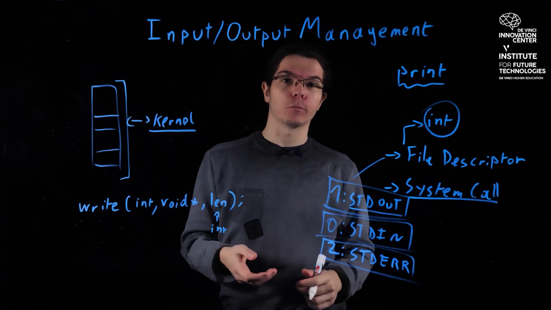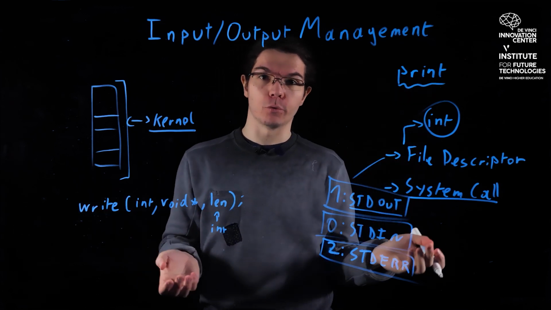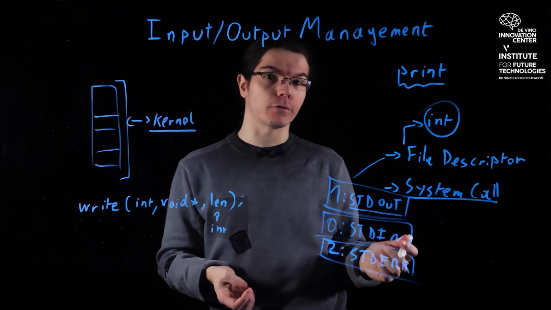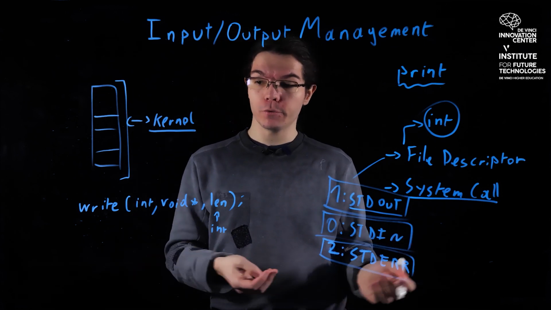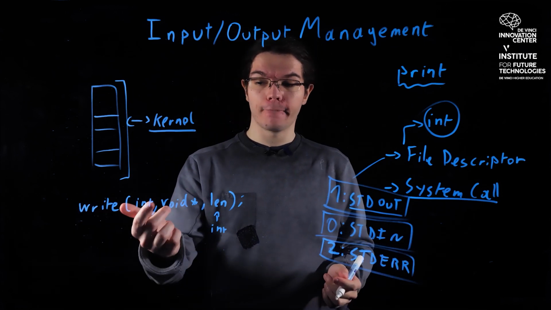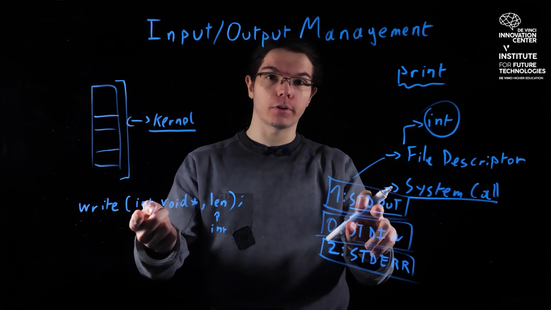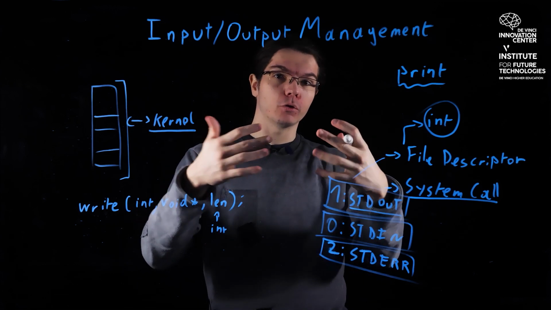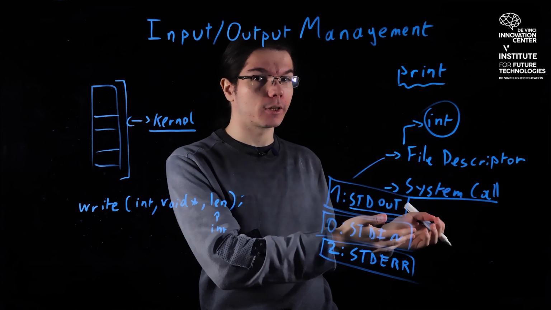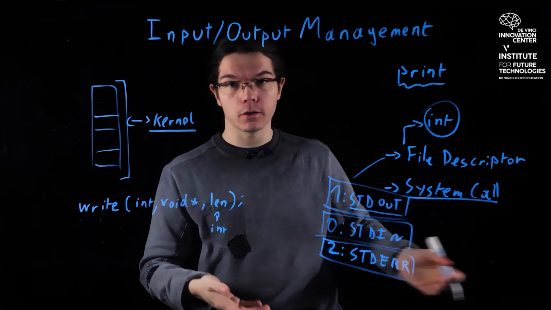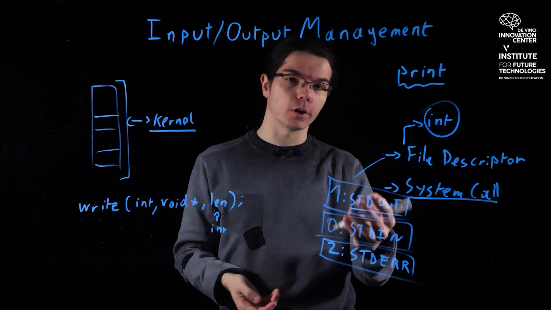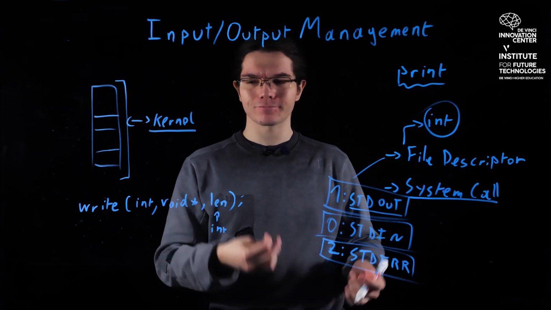When you call the write system call, for example, when you use the print function or the printf function, which is in libc, the print function is going to call the write system call with the stdout file descriptor, and the kernel is going to receive that and actually output and write that on the terminal or in a file or anywhere else. But for stdout, most likely in the terminal.